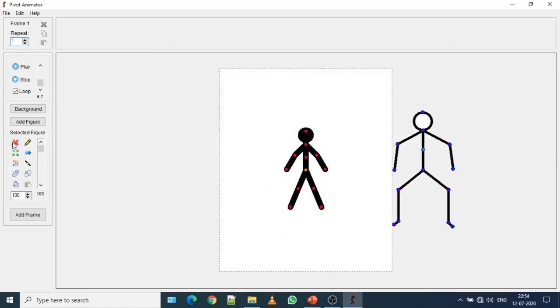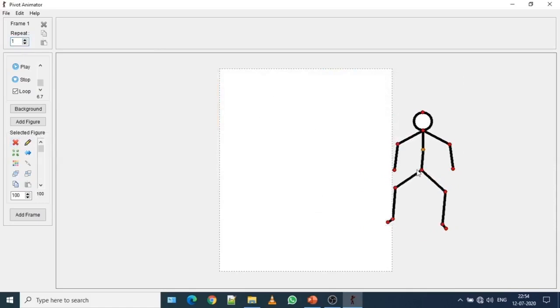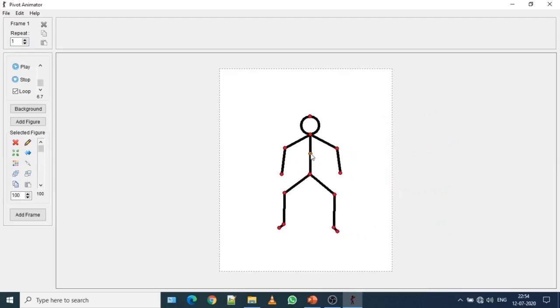Let me delete this one in order to remove confusion. As you know, the yellow or orange dot signifies the origin, so you have to select that portion. If you select the other one, it will create a disturbance and you won't be able to place that stick figure properly.